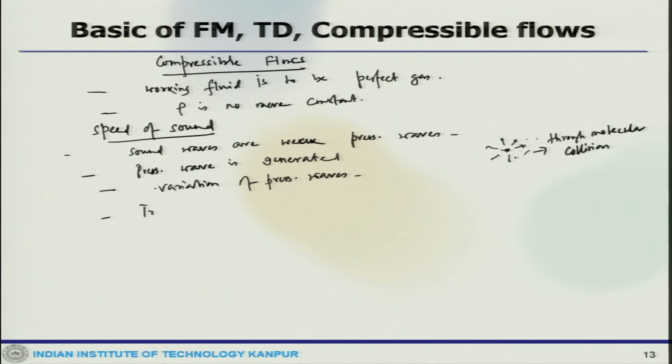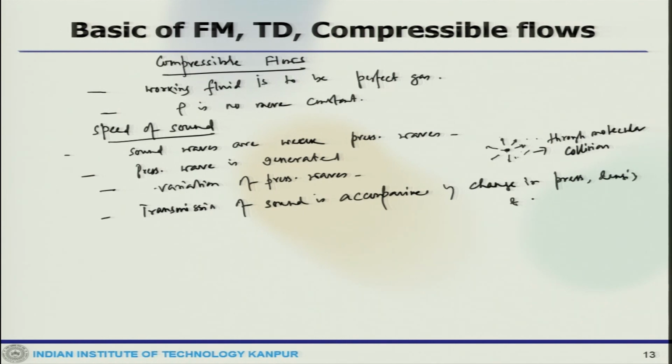Now, this transmission of sound is accompanied by a change in pressure, density and temperature. Newton provided an expression for estimating the sound wave speed, which is del p by del rho at constant T. So, this is where it was considered to be an isothermal process,